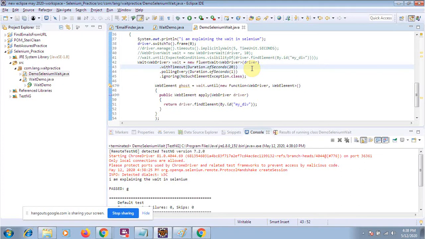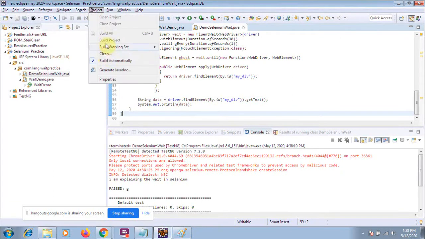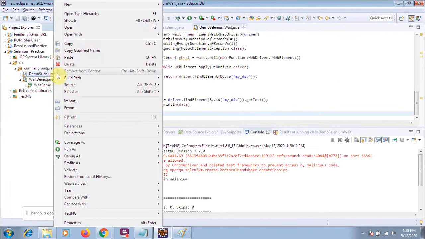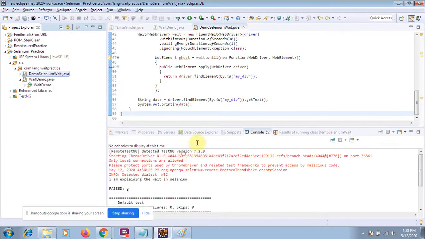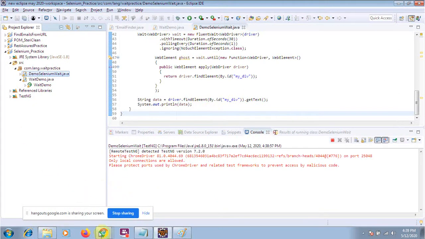Let me give it a little bit more time. So your text will be printed out. I think this one. Okay. So you can practice on all these waits, how to apply them. That's a dummy scenario I have taken. In a real-time scenario, whenever the condition appears, we will use the appropriate wait.